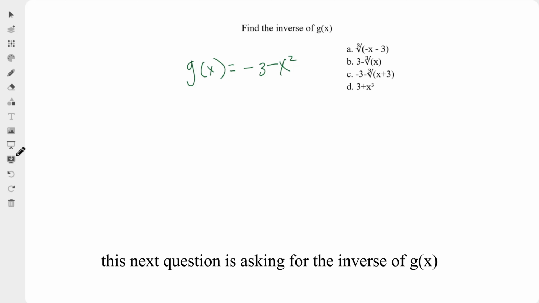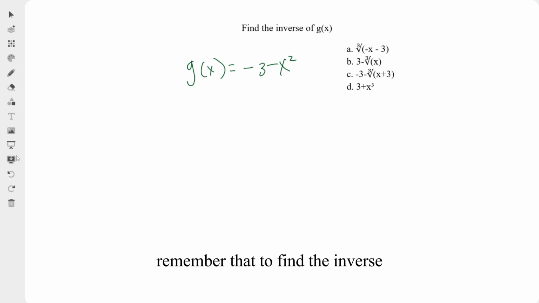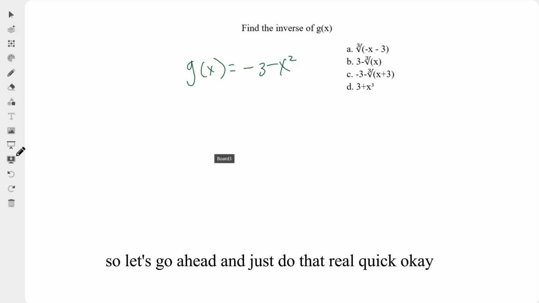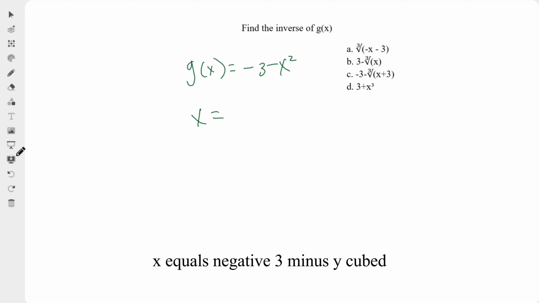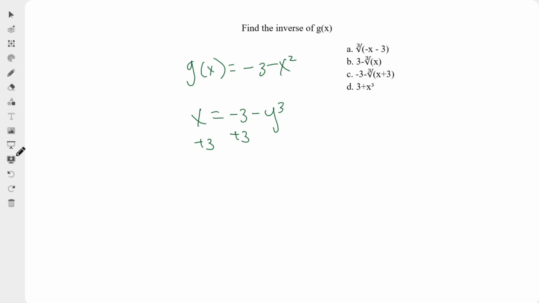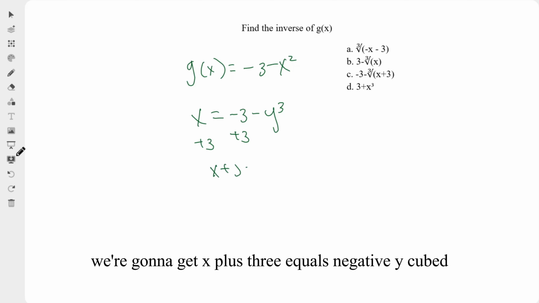So this next question is asking for the inverse of g of x. Remember that to find the inverse, you need to swap x and y. So let's go ahead and just do that real quick. We'll get x equals -3 minus y cubed. We're going to add 3 to both sides. We're going to get x plus 3